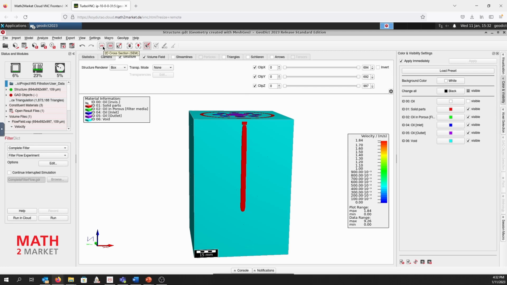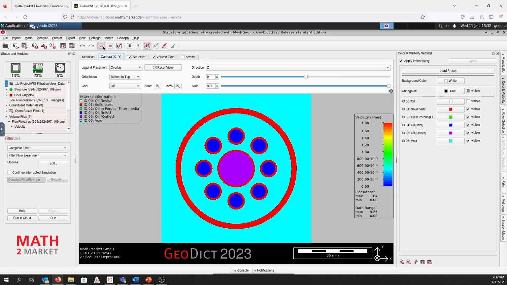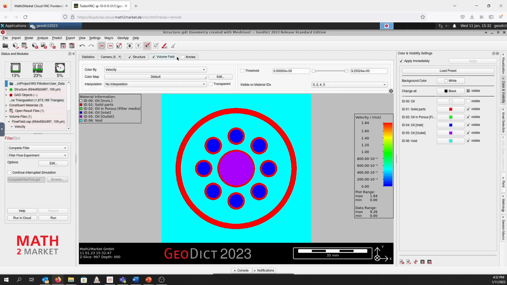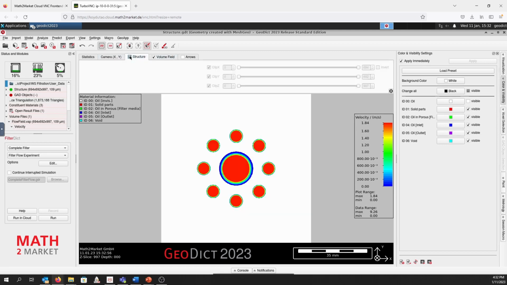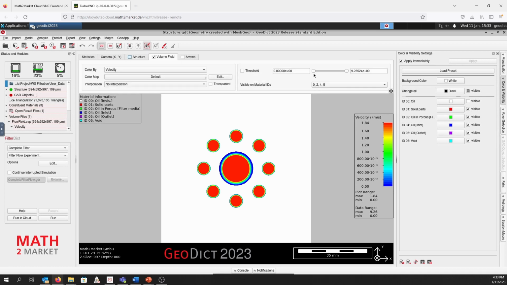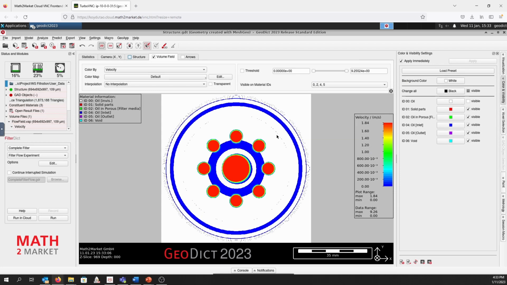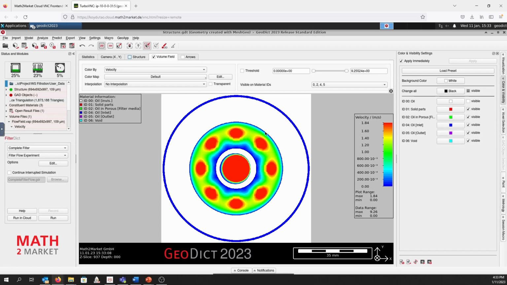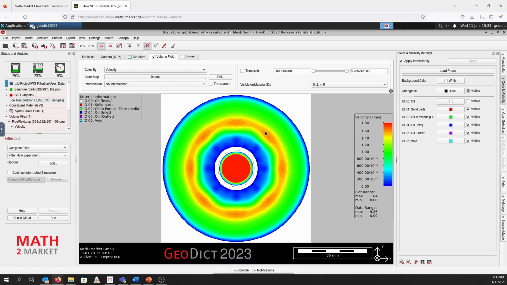We then go for the 2-dimensional representation. We switch off the structure. And then we can move through the structure by scrolling with the mouse pad.